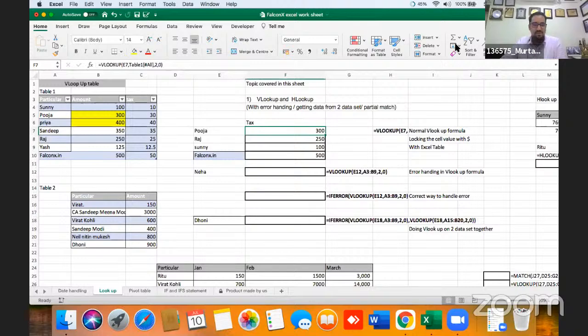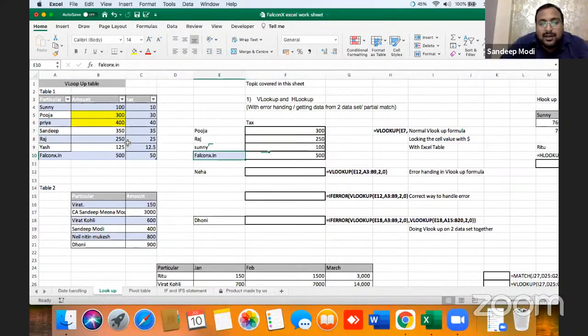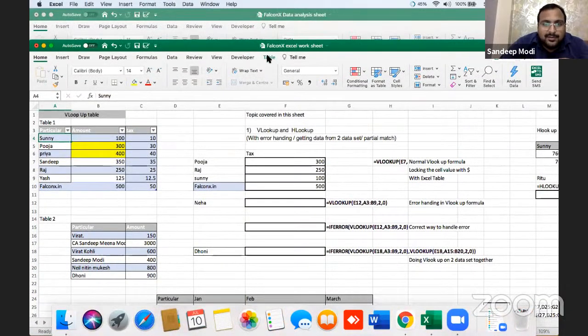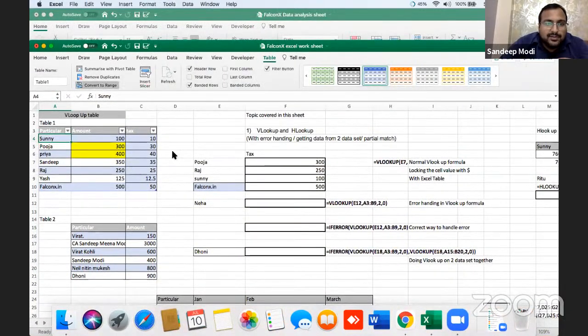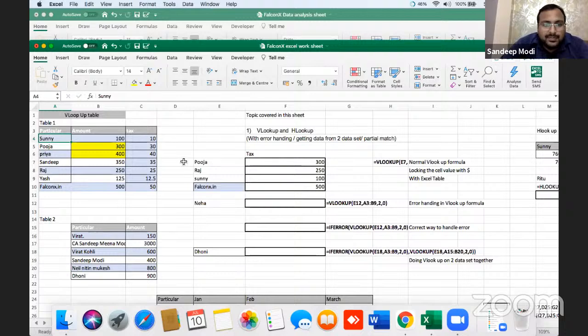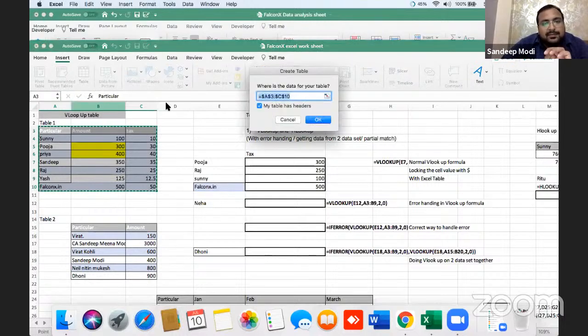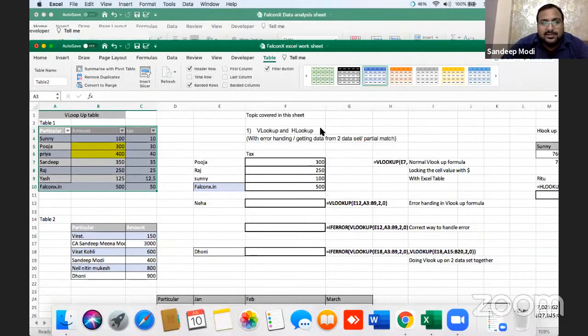वो टेबल मैं बहुत बार रिपीट करूंगा, तो एक और बार रिपीट करता हूँ कि whenever this is your raw data, let me show you how to put a table. This is the normal range. ये आपका normal data है. Select करो, insert में जाओ, table. That's it. इतना ही है. This is how you prepare a table. आपने normal range को table में convert कर दिया.